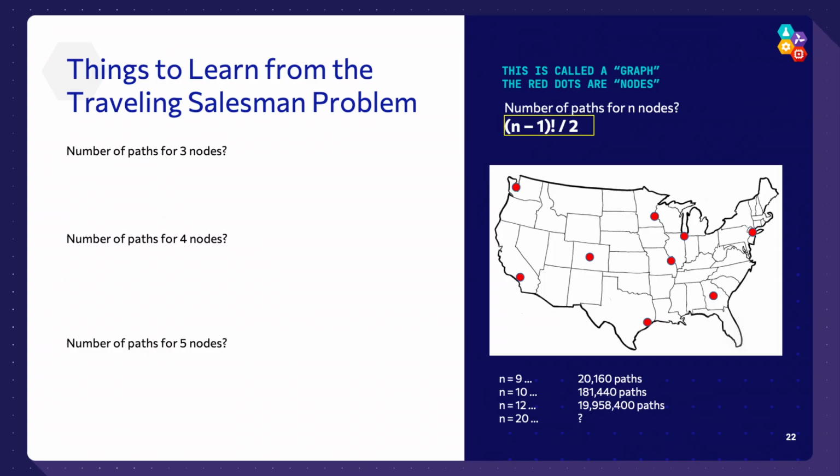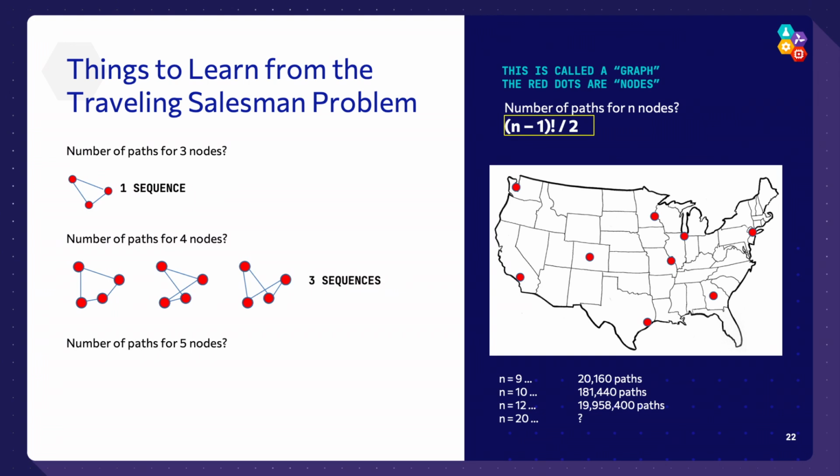So how do we solve the traveling salesman problem without a simulator, like we used in step 1? As the number of cities goes up, the number of possible paths goes up very, very quickly. Let's look at this map. How can we navigate between a few cities? What if we only have 3? With 3 cities, there's only one path between them, if we don't care about which direction we go. With 4 cities, we now have 3 different sequences or 3 paths that we can use to travel. And with 5 cities, the number of paths becomes 12.